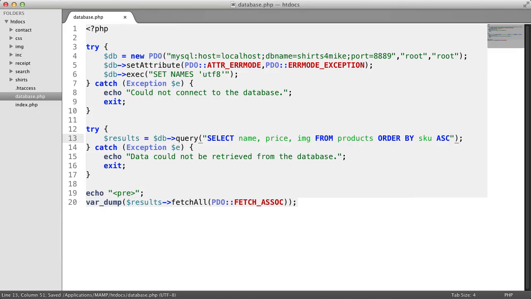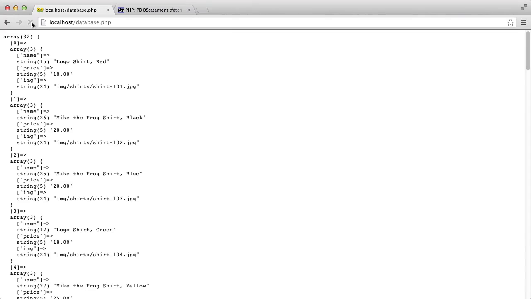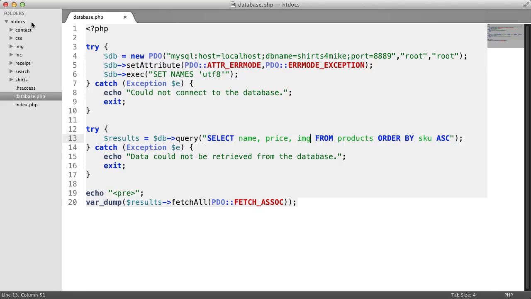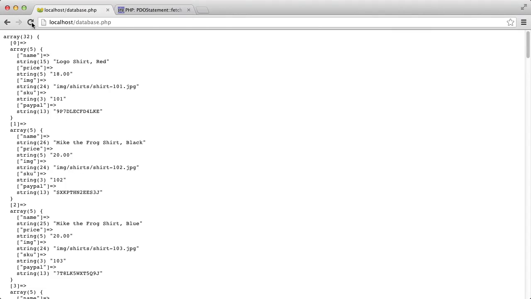Let's save this and refresh it in the browser. You'll see that each product now has its image URL as an additional element. The last two columns we have in our products table are SKU and PayPal code. And there it is. The return value looks enough like our products array to power all of the listing pages